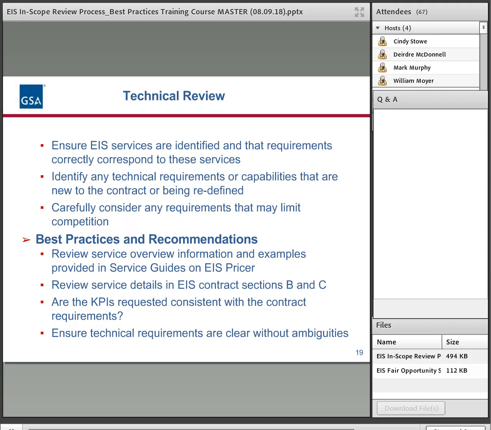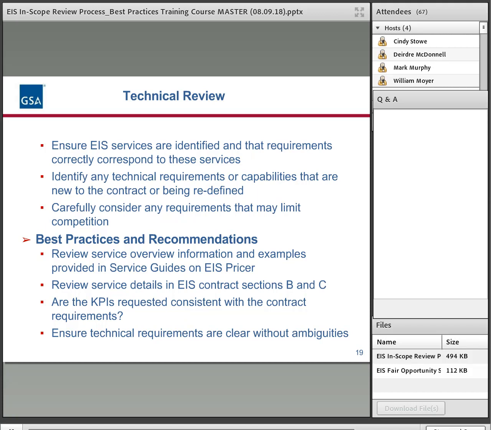I mean, we're looking for things that are in scope. We're looking for things that could create risk for a protest, and we're trying to assure that there's clarity there. Identify ambiguities. So some of our best practices and recommendations are actually to review the service guides that I mentioned earlier so that services are thoroughly understood.